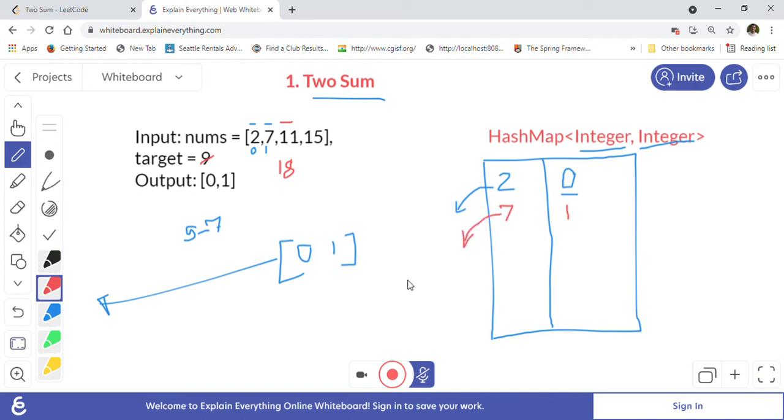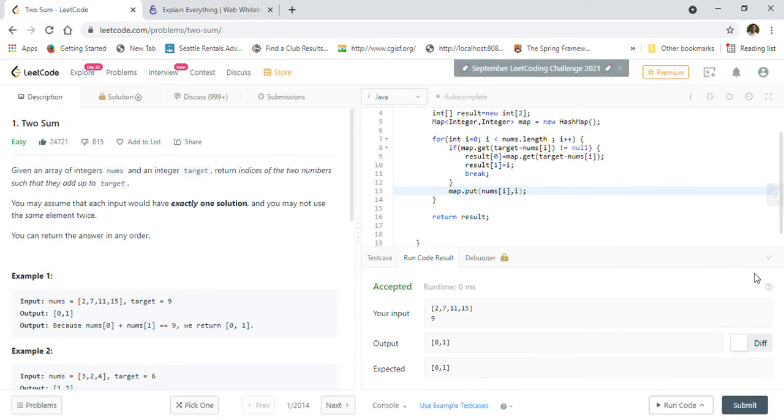Which means that we found a pair that will sum up to the target 18. So we will create an array with this entry 1 here for 7 and the current index here 2, right? So 1 comma 2. So that is what the approach is, and we'll return this array as our answer. And it's already given that the answer will always be present. So that's already given to us.